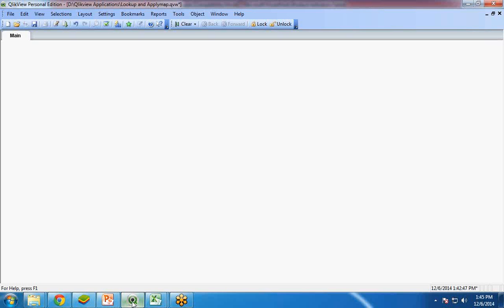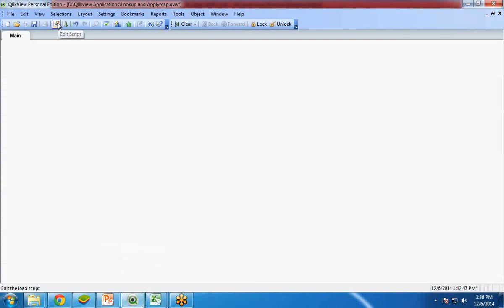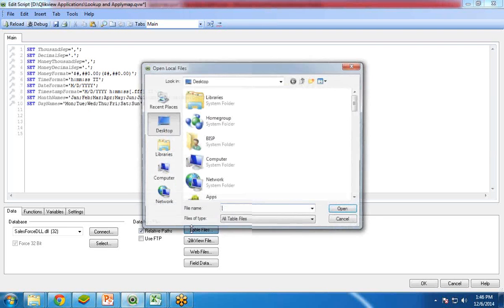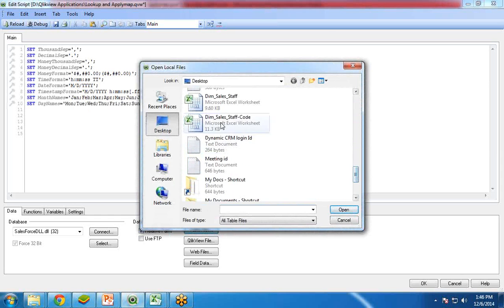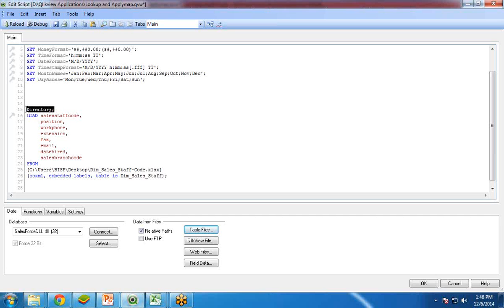First of all, in Qlikview, I will import that Excel file, the dim sales staff code Excel file, and I would like to show their respective data in the form of a table box. So I'll go to edit script, place my cursor over here and click on table files and load that file, dim sales staff code. Click on finish and I change the name to sales staff code. Save it, reload,